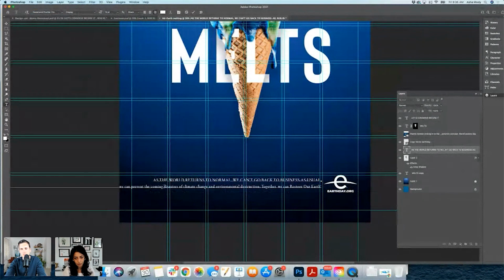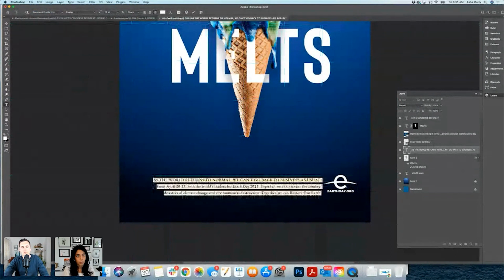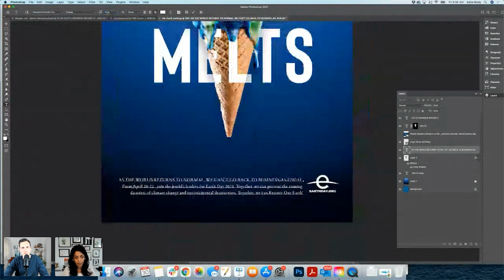So those are the decisions I'm making in the typography to make it look more uniform. So, okay, I like this way better, but this font is looking too small. So I'm going to increase the size a little bit. Okay, that's better. And I think the date should be highlighted, or maybe the event day is 2021.